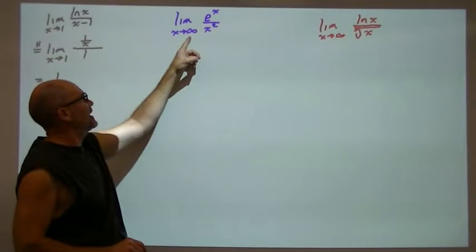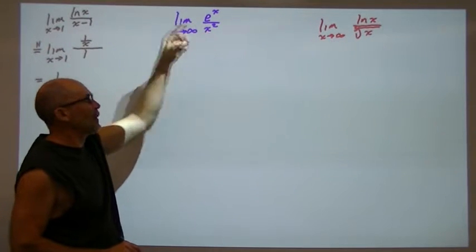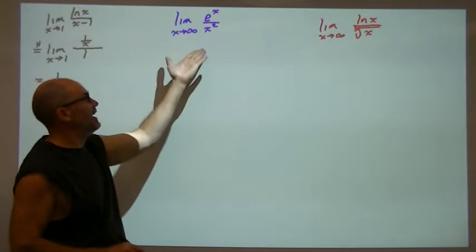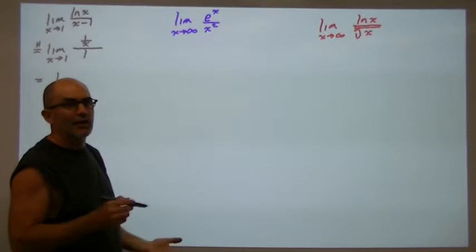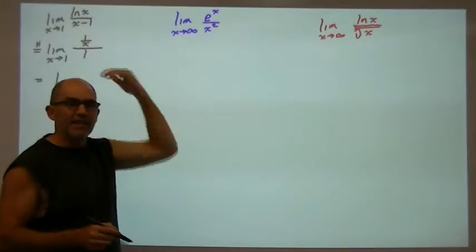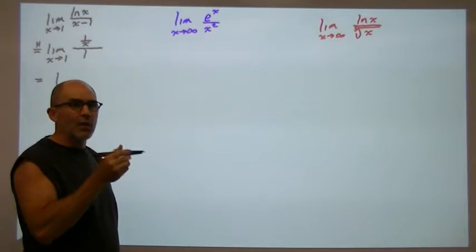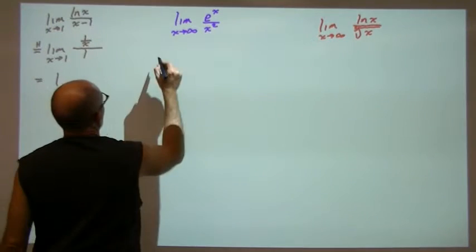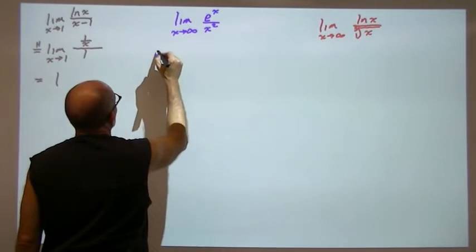Limit as x approaches infinity of e to the x over x squared. Now, e to the infinity would be infinity, and infinity squared is infinity. So we have infinity over infinity, which is an indeterminate form. So we can use L'Hopital's rule. L'Hopital's rule says,